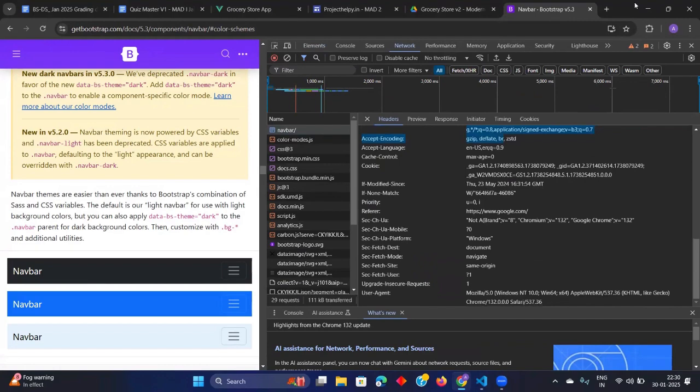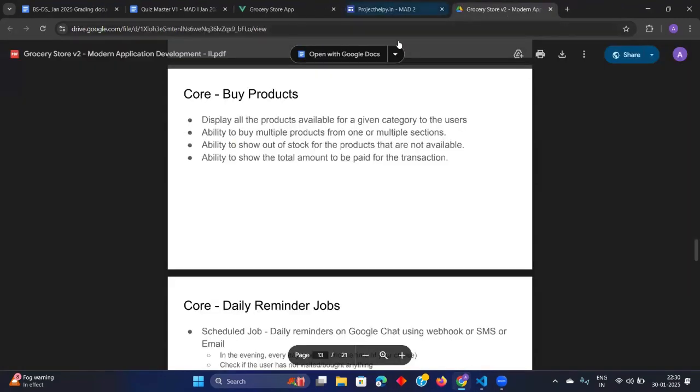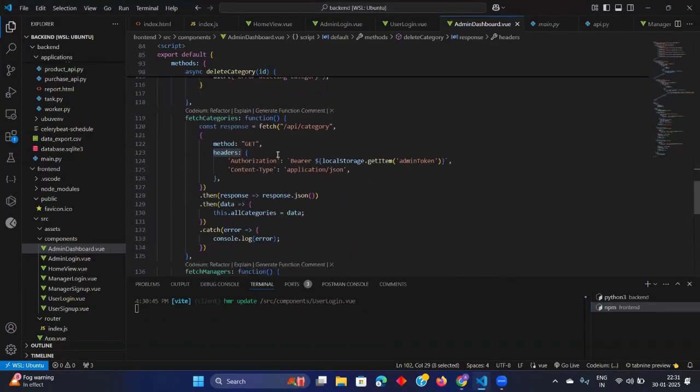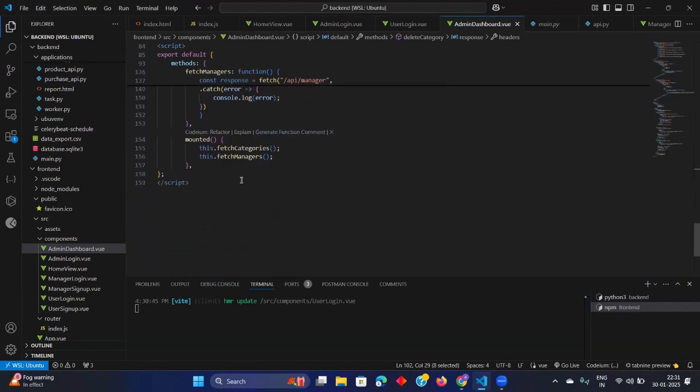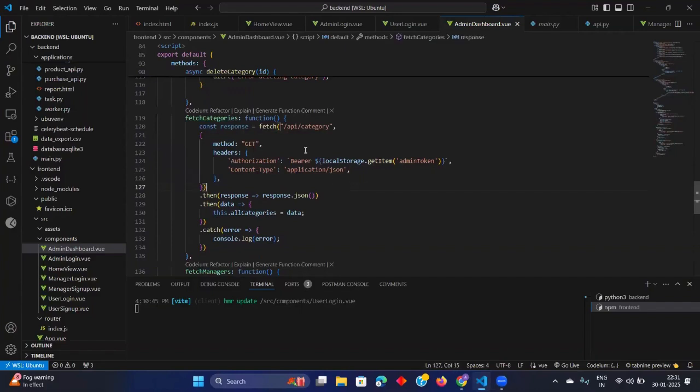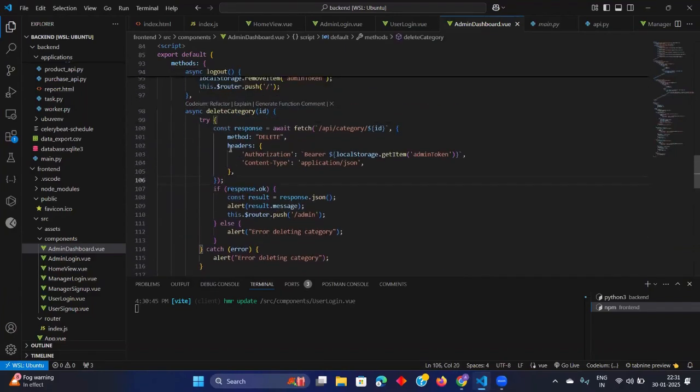Okay. So let us say if we just log in. I don't think it will work properly for now because we have to set up that thing also which I talked about yesterday. So let me explain this first. Okay. So headers are the things which we pass in the fetch API call. Then we have the authorization header. In this we have authorization and content type. What is the content type? We are expecting the content type to be application/json, and the authorization header is the same thing which we have used in